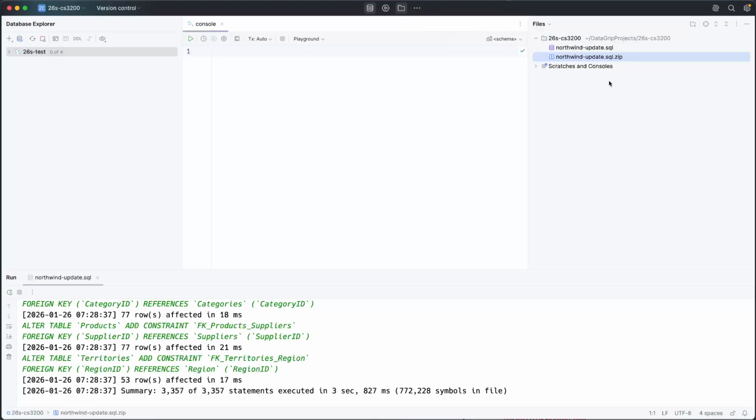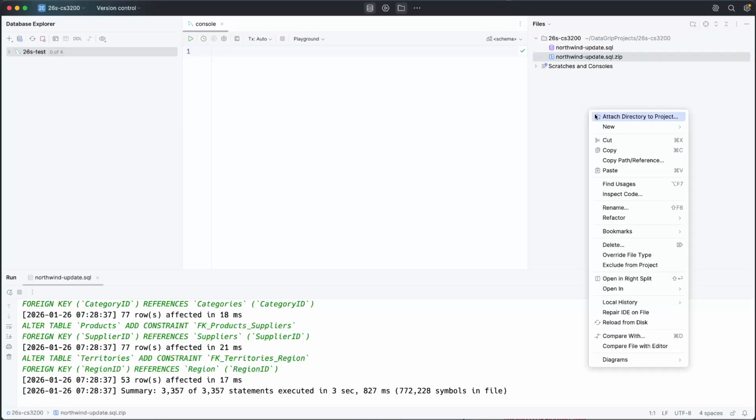So if I click it, you'll see it goes away. The folder that you created as part of the project in Homework 0 should already be listed here. If it's not, what you can do is in this files pane, you can go ahead and click this attach directory to project, or you can right click and choose attach directory to project. When you do that, you'll just need to navigate to whatever folder you put the zip file and its unzipped